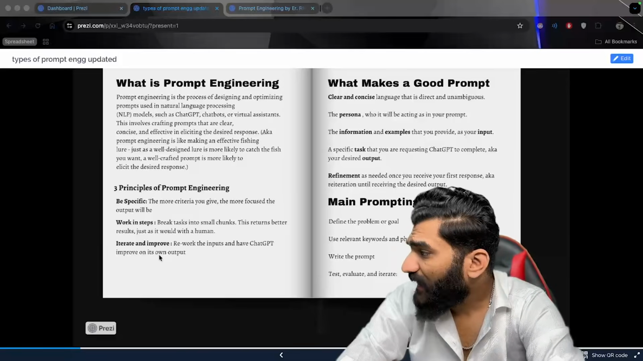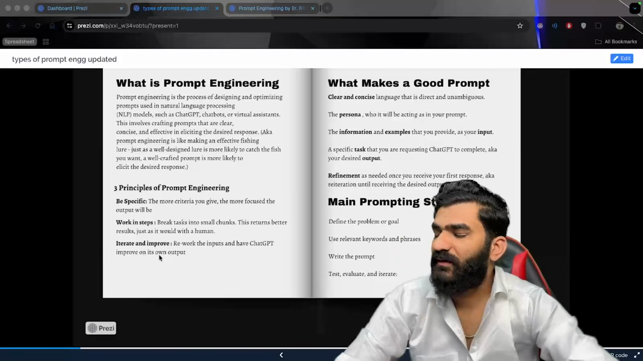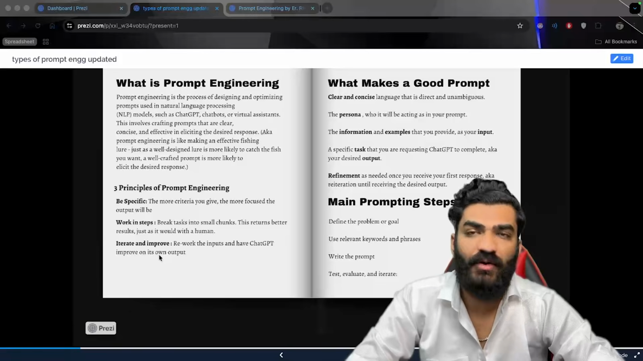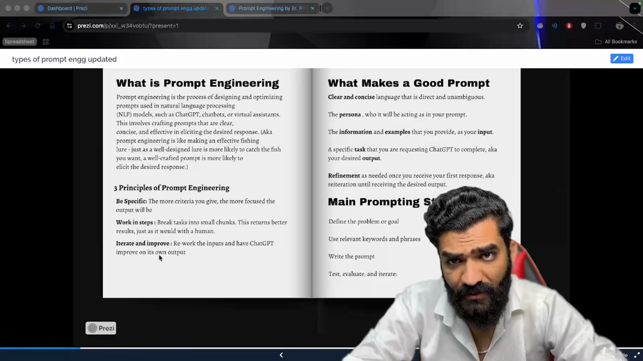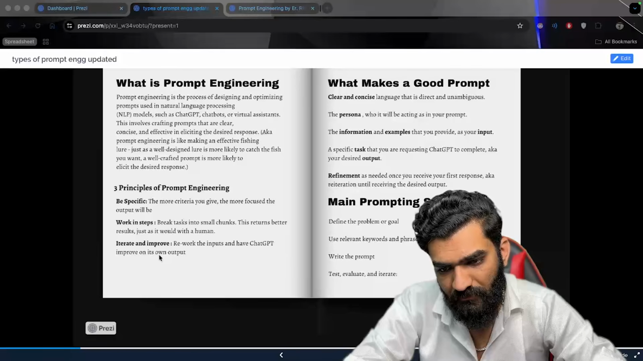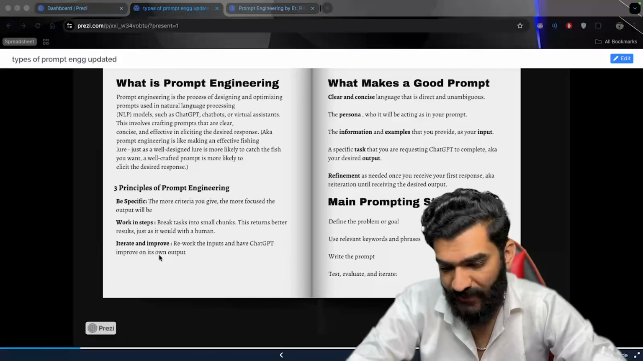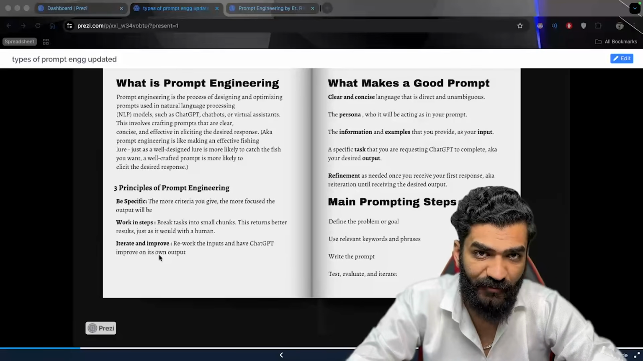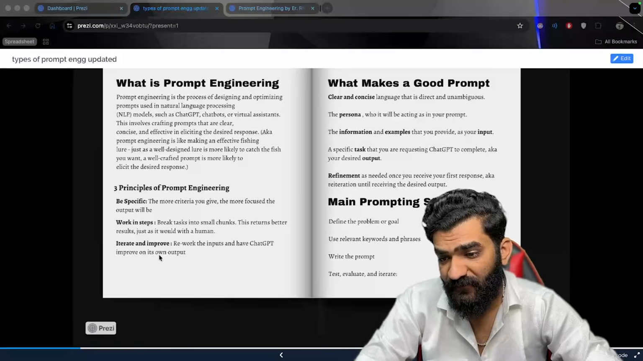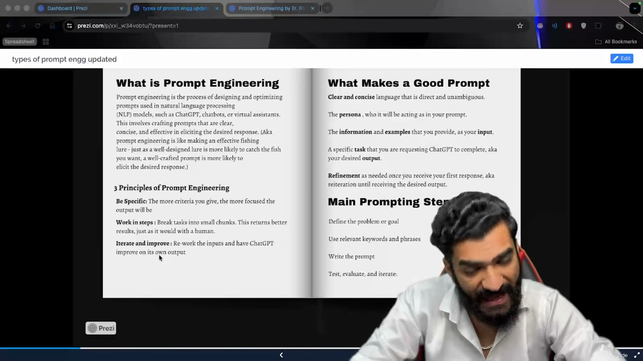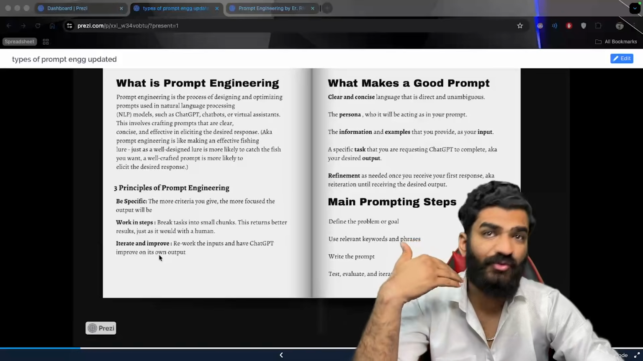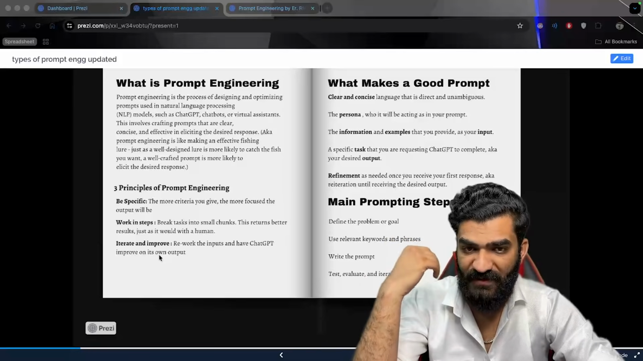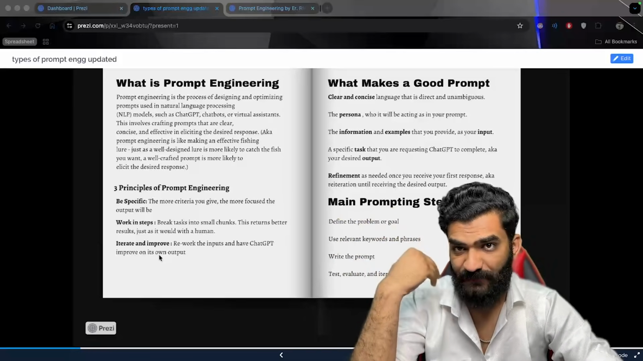Now, iterate and improve, rework, right? This is the important thing. And see if you have got the output. Now, if you have done the right engineering, you will get the right output. But if you have not done the right engineering, see what we are doing. It's a 2 day session, in which I will be bombarding you with the information. But again,